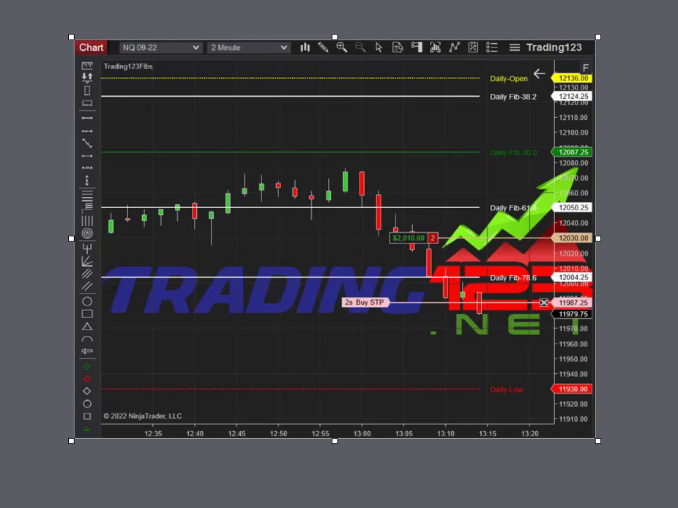So that's a Trading123 Fibonacci trade of the day with a Trading123 Fibonacci indicator. Very powerful indicator to put to use in your trading each and every day. Very simple to use. And as you see from the charts, how accurate the levels are and the trends. So you don't need to look at 10 different indicators. Just